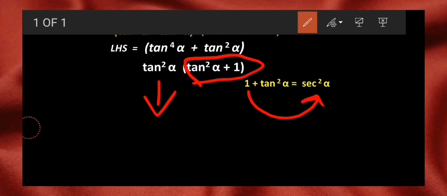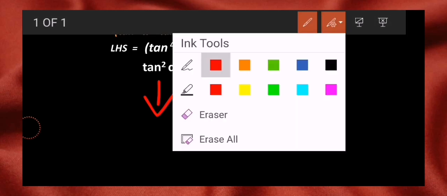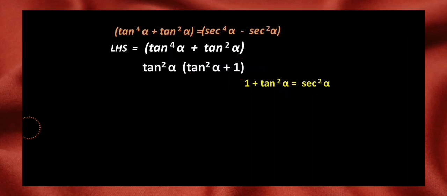So why turn it into the identity? The reason is we require only sec in the RHS, if you have observed it, and that is why we are turning all the terms over here in the LHS into sec. So let's begin with it. If you turn, that tan square alpha will result in sec square alpha minus 1, and the second bracket will be a plain identity. So we have sec square alpha minus 1 in the first bracket, and in the second bracket sec